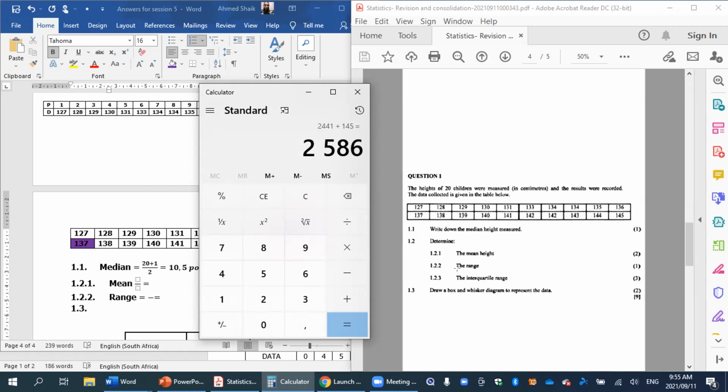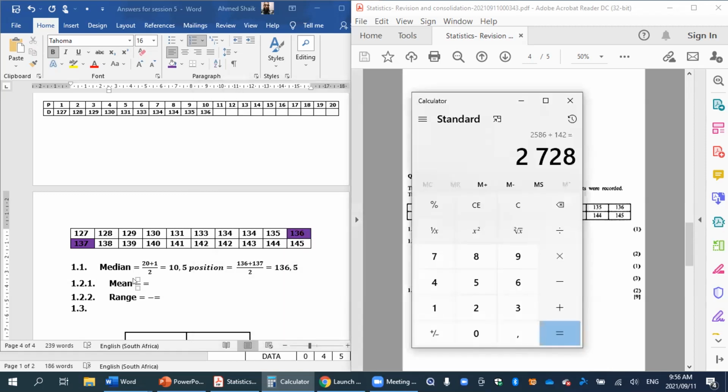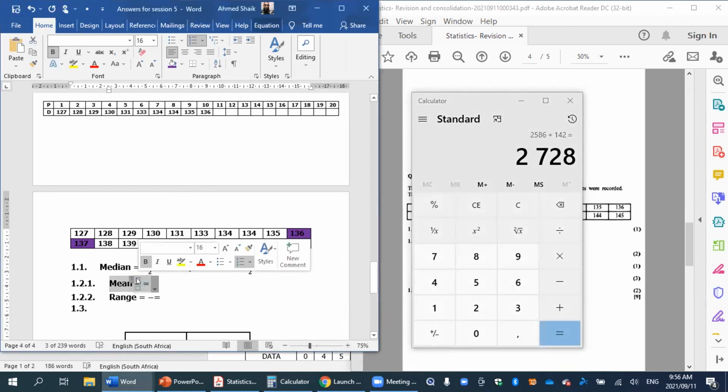Apologies, I forgot to add 142, and we should have a total of 2728. So the sum of our data set